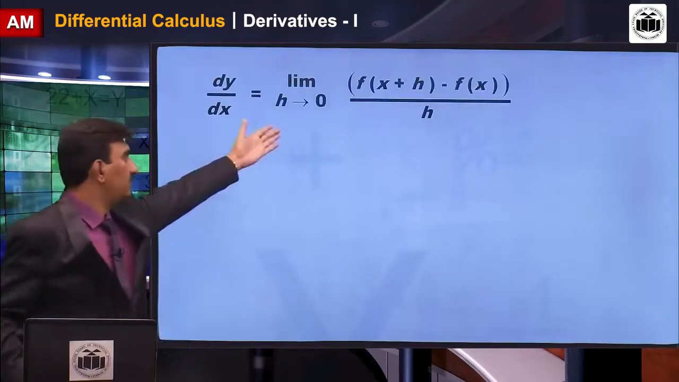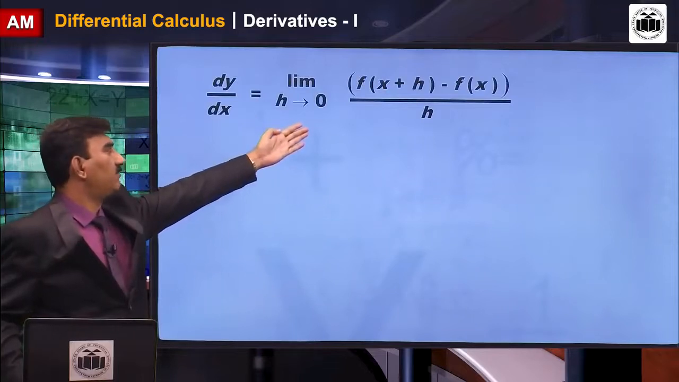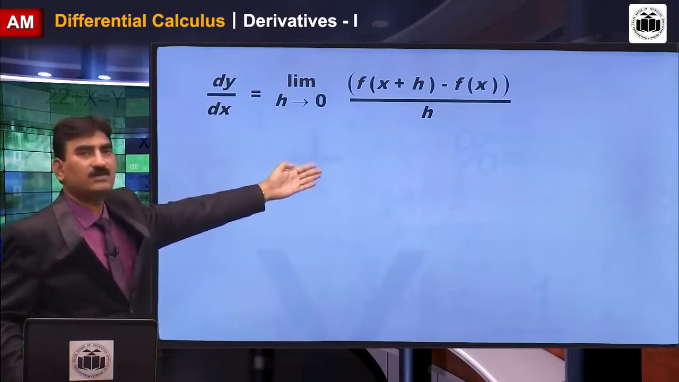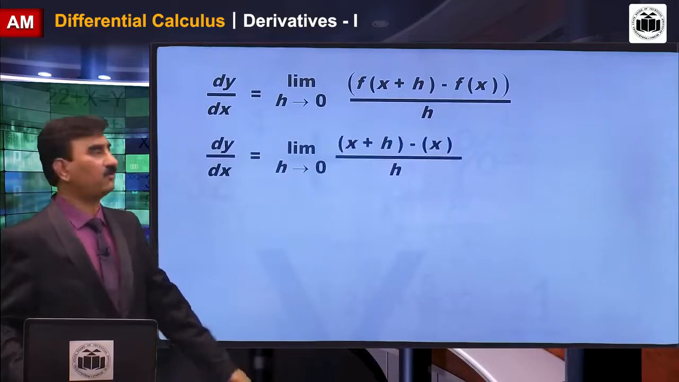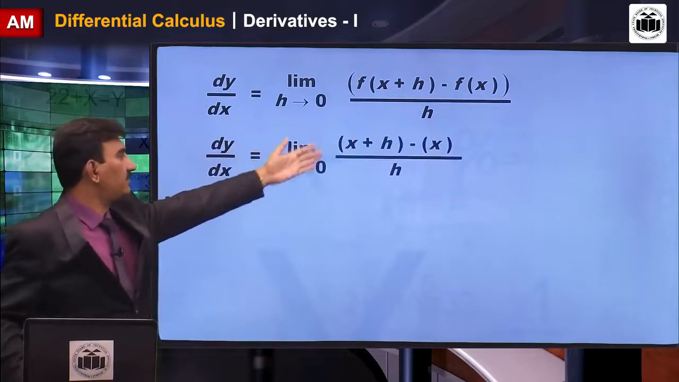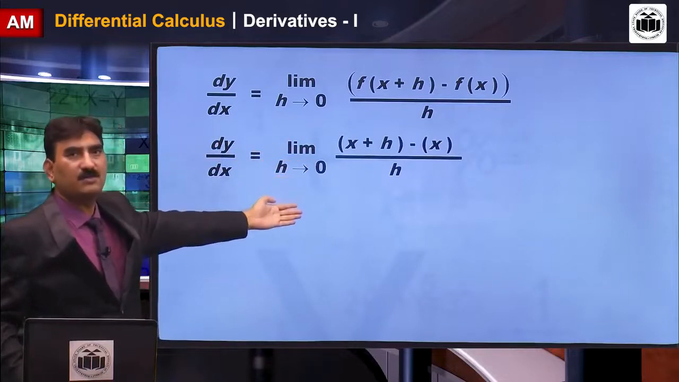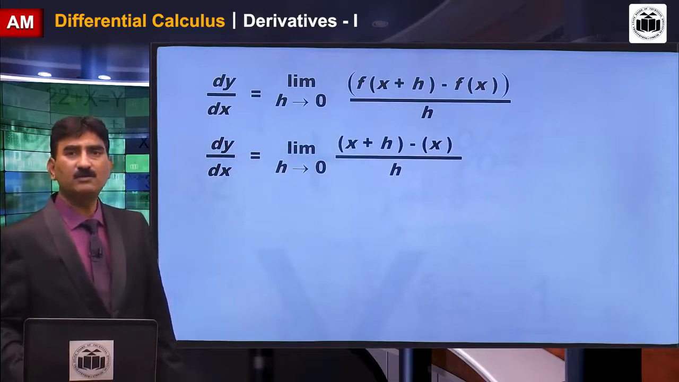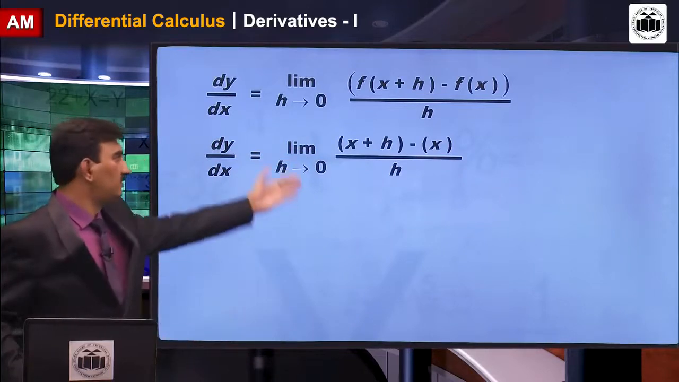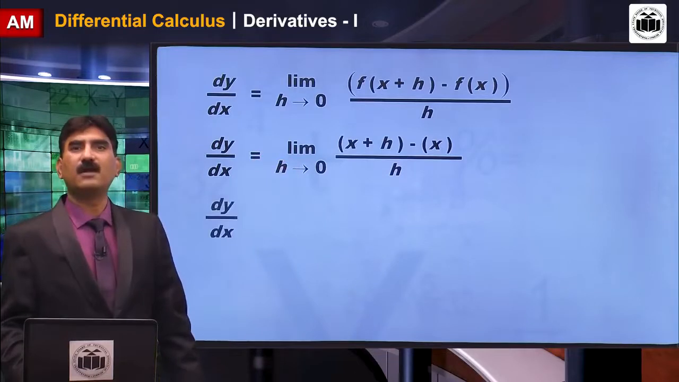So see here, limit h tends to 0, f of x plus h minus f of x upon h. This is called the first principle of derivative. Now when we substitute the values of f of x plus h and f of x, we get the following expression: limit h tends to 0, x plus h minus x upon h. After calculation, x is getting cancelled and we get